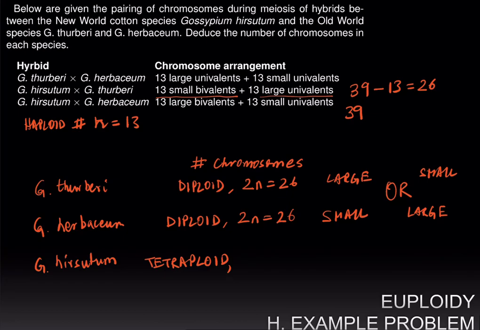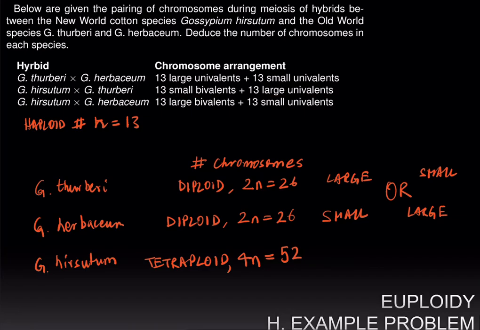And that means if the gametes have 26 chromosomes, Hirsutum must be tetraploid, having 52 chromosomes in all. Now, the only thing remaining to decide is what is the combination of large and small chromosomes in the 3 species. So let's say